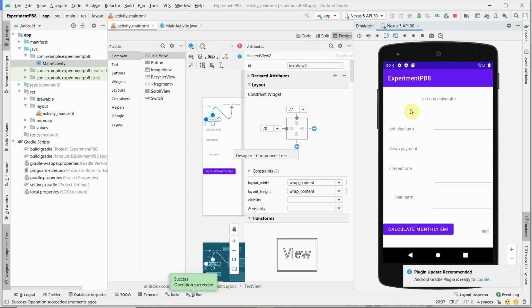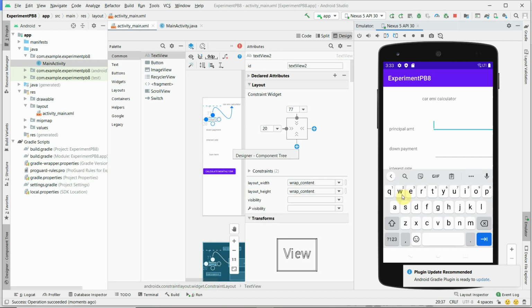It's taking some time. See, principal amount, down payment, interest rate and loan term. You have to enter. Now here when you try to click on this EditText, it shows the keyboard pad. Okay, if you want to type the number, you can type from the laptop or you can select this button.